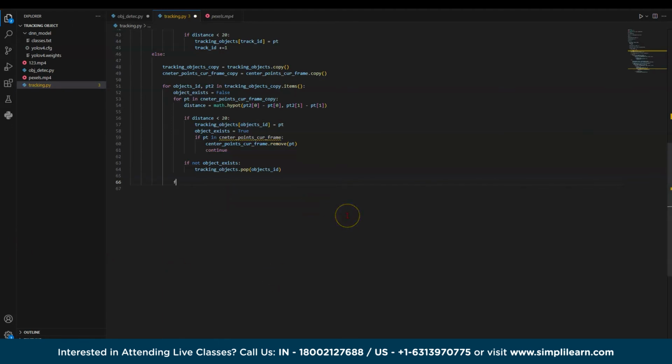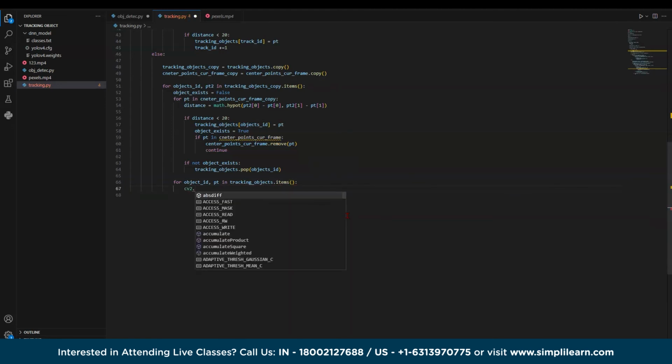For that I have to write for object ID, pt in tracking objects dot items,